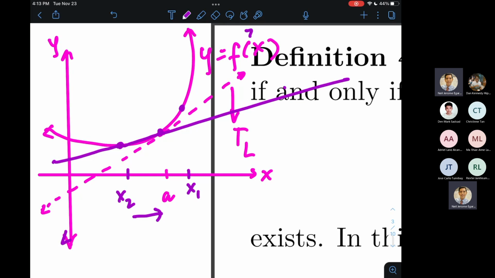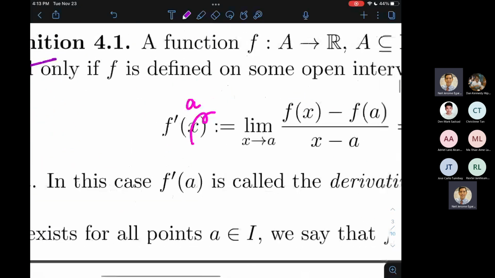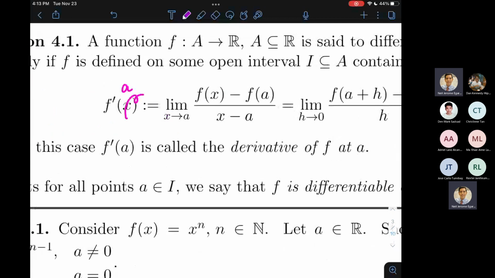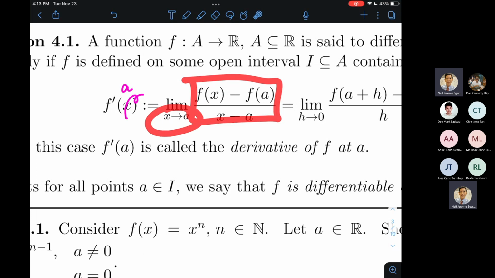Okay? So that's why, kung makikita nyo, ganito yung pagkaka-define analytically ng derivative, even though geometrically, we know that that would be the secant line. Alright? So ang explanation niya, siya yung limit ng slope ng mga secant lines, as the second point is chosen to be closer and closer to the number A. Tapos ito yung slope ng secant line, kunin mo lang yung limit niya, ito na yung limit ng tangent line.